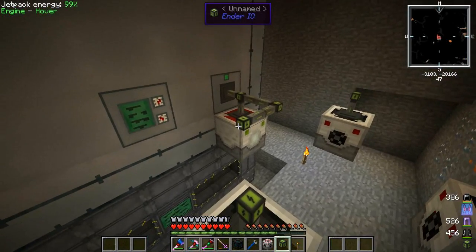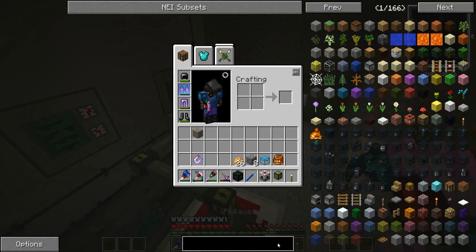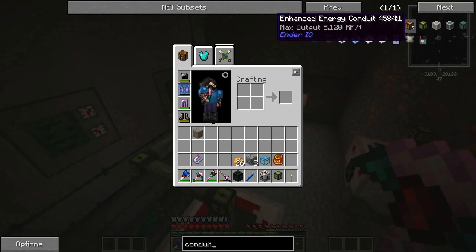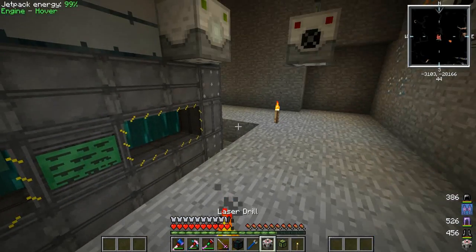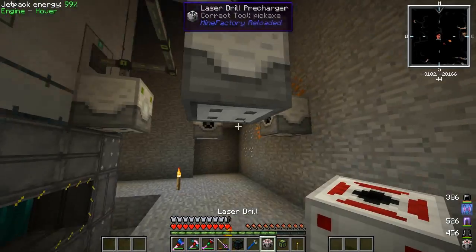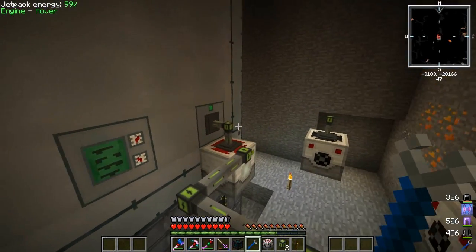I don't think I'm going to have enough. I'm going to be a few short. So let's see what the other ones output, because I do have some of these. They put 5,000 out a tick, and I think they will connect to this one. So I don't think it's going to be an issue, since these use 5,000 a piece for a total of 20. We'll just leave that one out,